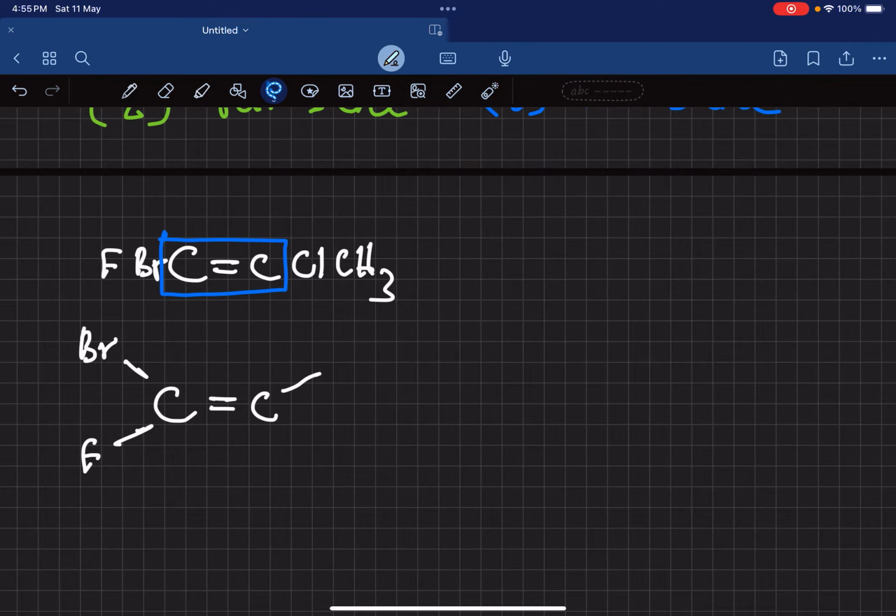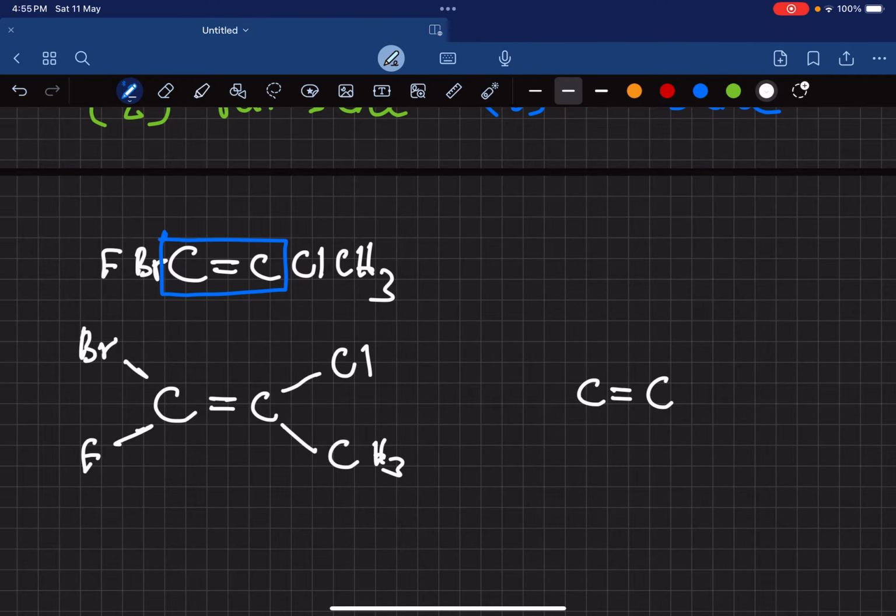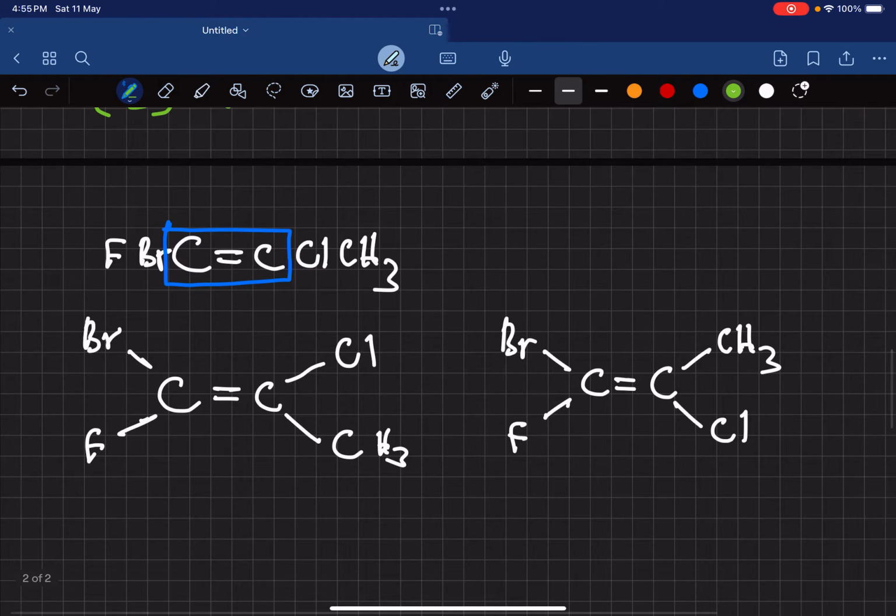Okay, done. So what we're going to do is put a chlorine up there, and then a CH3 down here. And on this side, I'm going to put the CH3 up here, and then the chlorine down here. All right? Okay. So here we go. Fluorine. So what you guys need to do is just look at the atomic numbers. Go to the periodic table. Look at